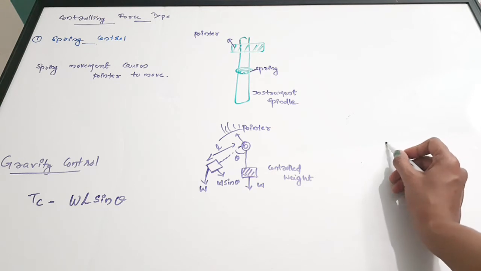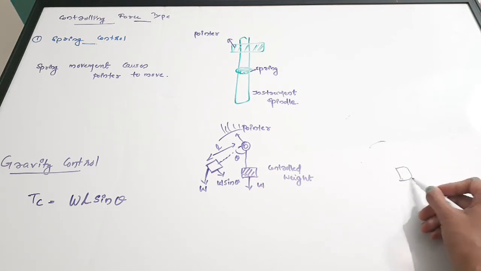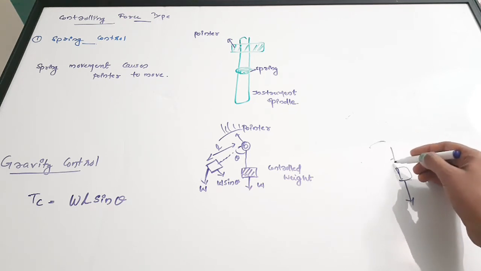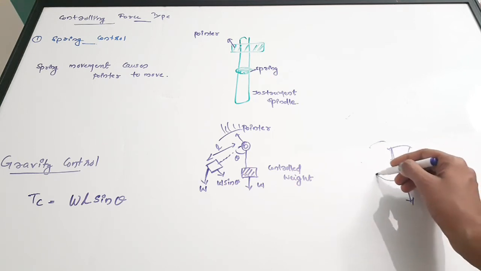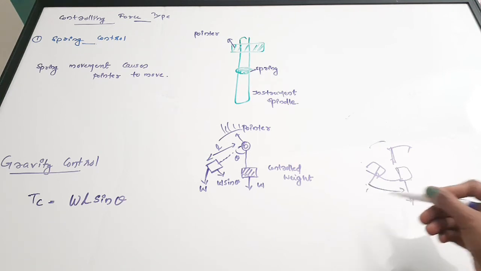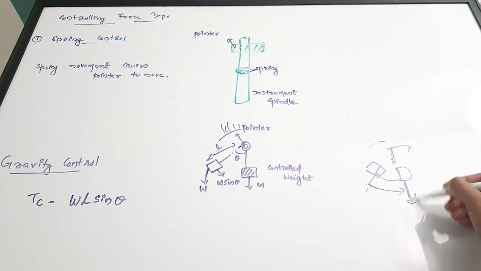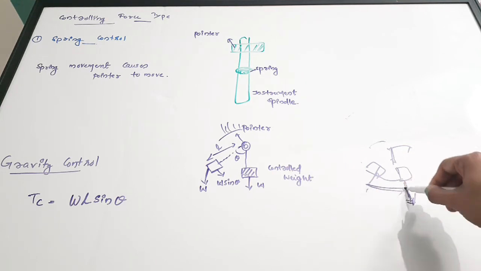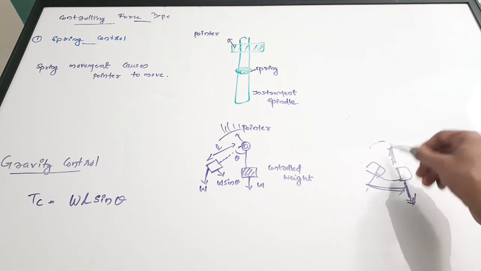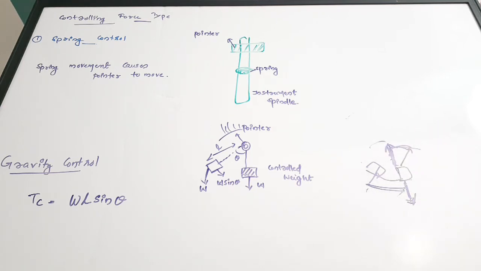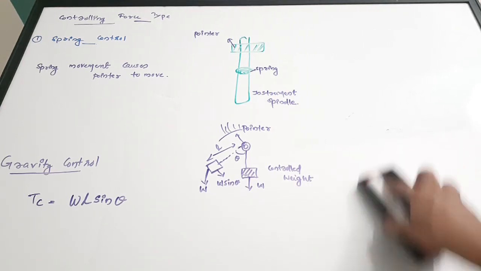So when the pointer is moving, what happens? There is some displacement happening to the control weight. So the control weight was initially vertical, but when the pointer is moving in this direction, the weight will get displaced, but the gravitational force will pull this weight back to the vertical state. So always the gravitational force pulls us vertically downward, right? And hence when the weight is coming back to the initial state, the pointer will also come back to the steady state. So initially the pointer was here, then it comes back to the steady state. Okay, so this is the very simple explanation of gravitational control.